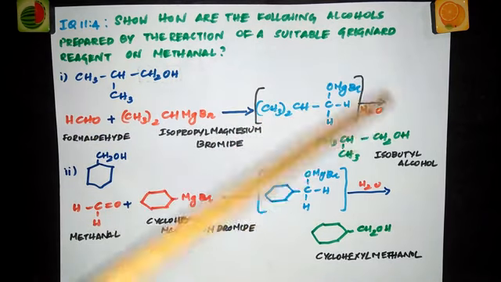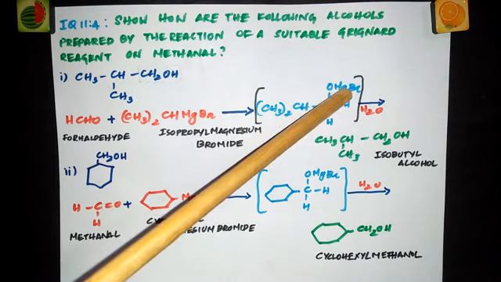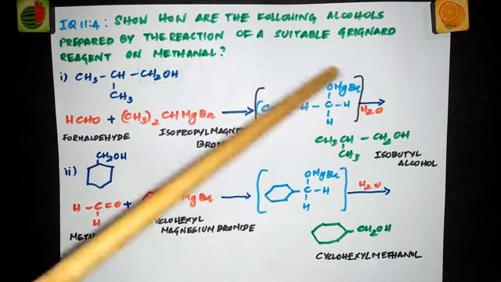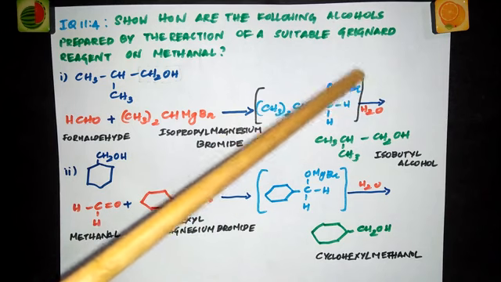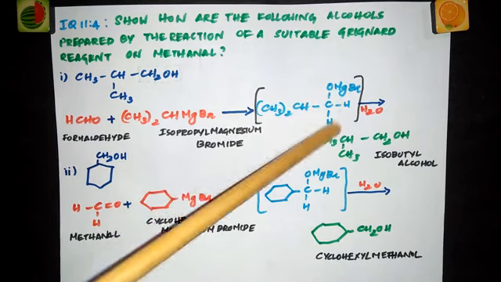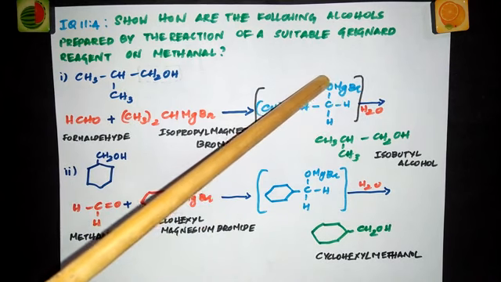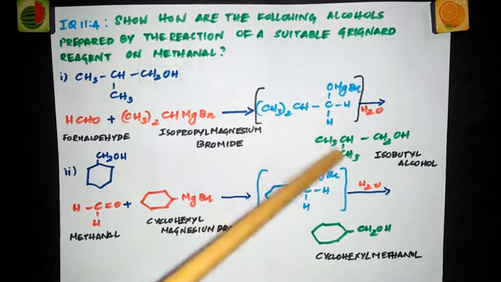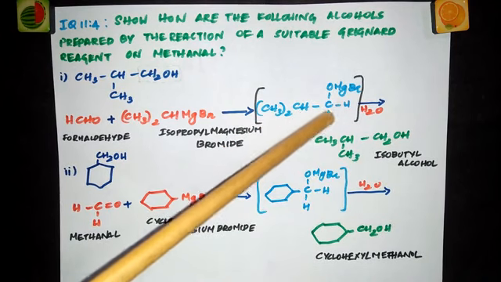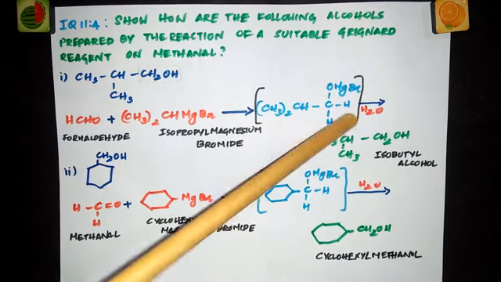When you hydrolyze it, remember there will be a cleavage here between O and MgBr. So H will come here from H2O, H will come here, OH will go there. So what you will get as byproduct? MgOHBr will go out. And what is this? (CH3)2CH CH2OH. So that is the given product. So this (CH3)2 is written separately. CH, one CH3 here, another CH3 here, CH2OH. This is isobutyl alcohol.